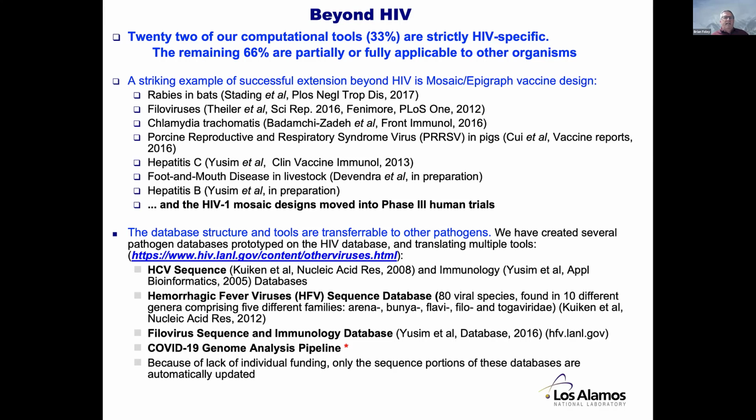And we also had a hepatitis C virus database, and that is still active but no longer funded. But you can view that and interact with it here at our website. We have a hepatitis C subtype reference set and so on. We have also a database of hemorrhagic fever viruses,